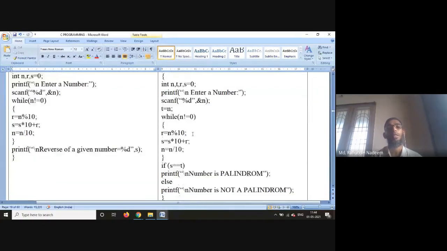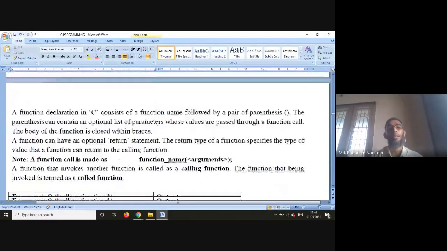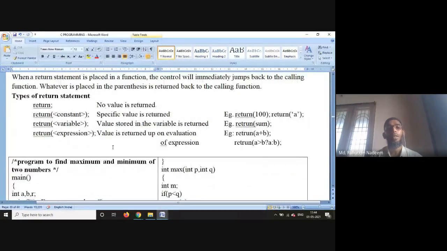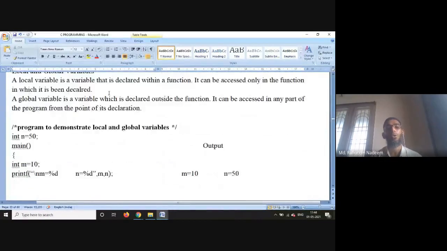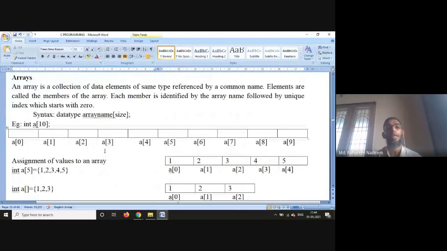So based upon these three things, in the next program he asked us to store the values into an array and display them. You know what an array is? It is a collection of elements of the same type referenced by a common name. All elements of the same type are referred to by a common name. Indexing starts with 0 and the elements are stored.